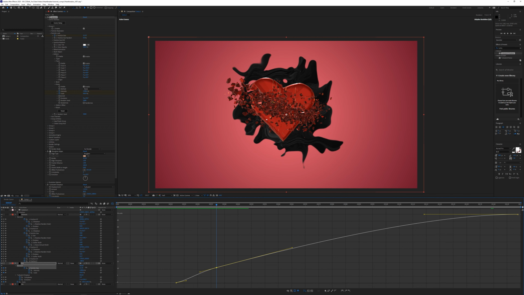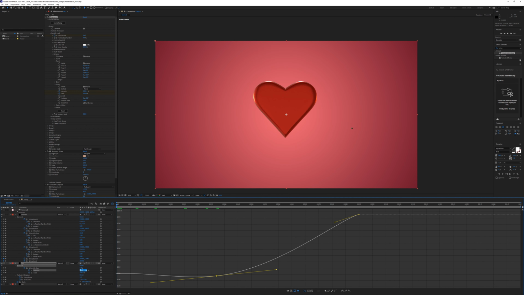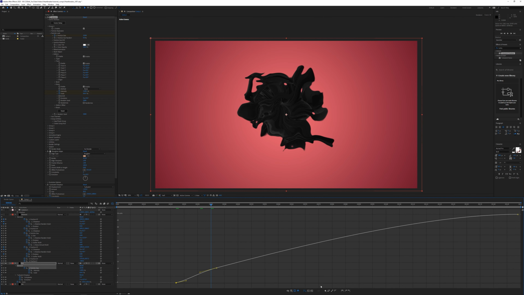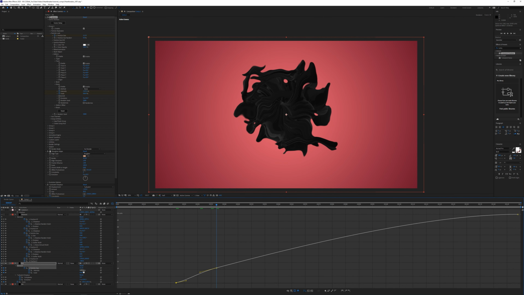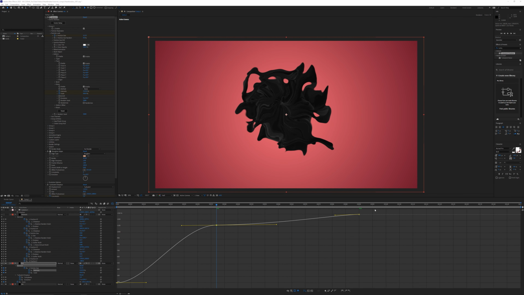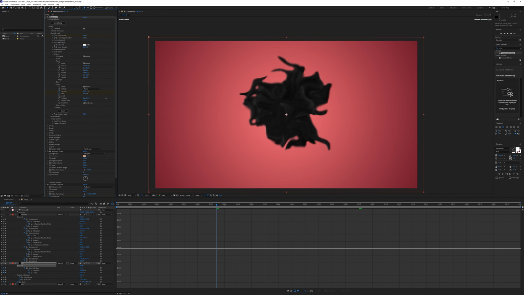Also just going to lower the intensity just a tad. And at the very beginning here, we could actually set this intensity to something like 200. And then instead of having the scale start at 100, we'll just have that start at 600 too. So I'm just tweaking some of these values just so this ink cloud erupts in the way that I want it to. It's a little hard to control, but playing around with these parameters will yield some pretty interesting looking results. There's also the evolution, so we can play around with a different starting position essentially.